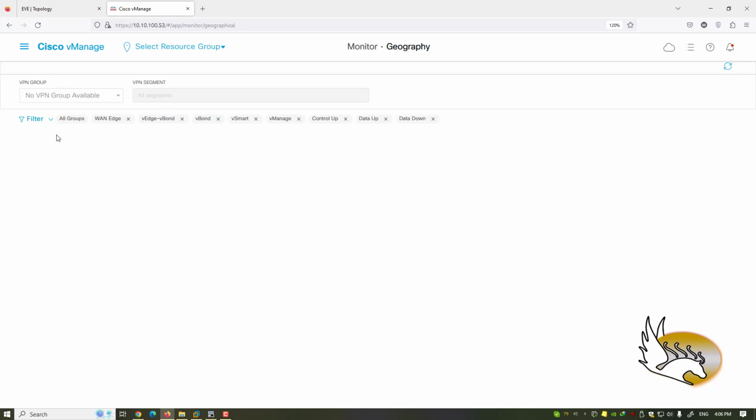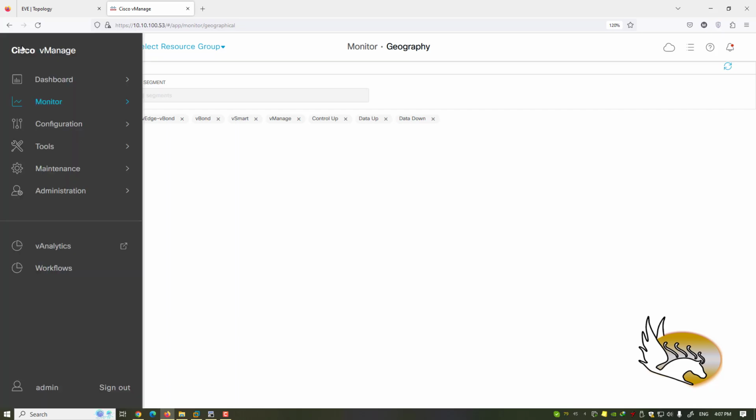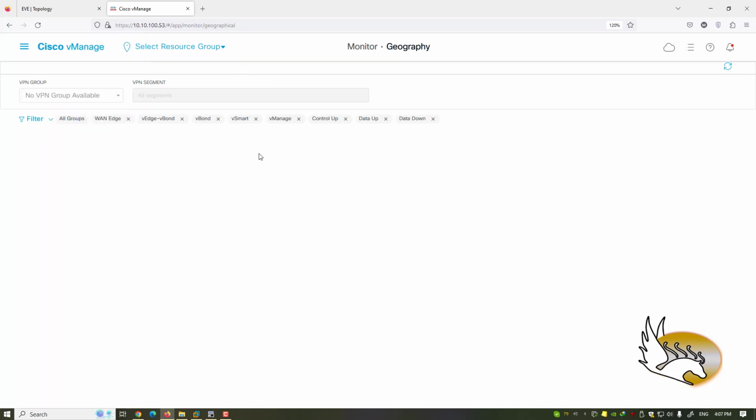I do not see any map, but if you have the real deployment, then you are connected to the internet and you are going to see a map of the world in here, and there are pins that show you where your devices are located. That is going to be a very good indication. As a matter of fact, when you speak about SD-WAN, the real reason that we have it is we have different branches in different parts of the city, state, country, or even continent or the world. So having a map is going to give you very nice information about